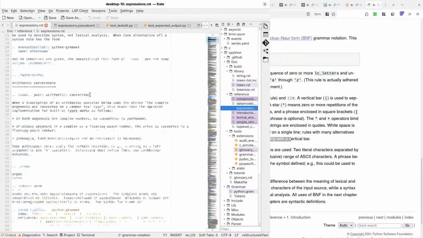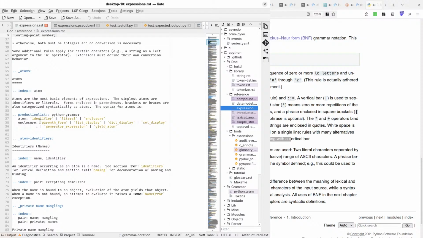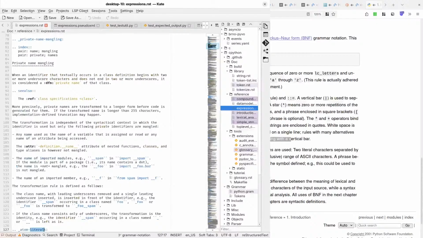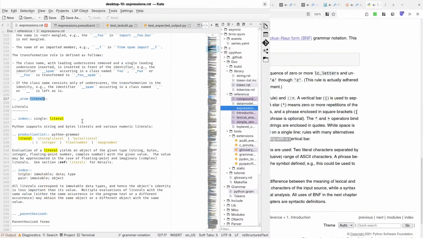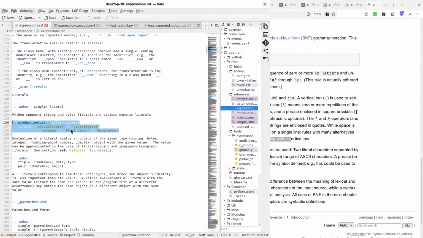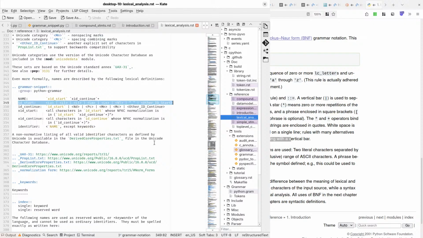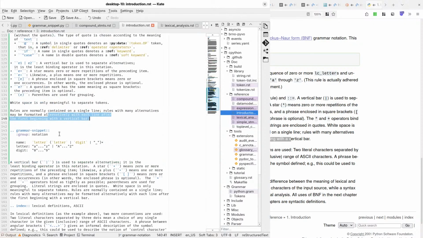Maybe an atom. Yeah, this one. This one is short enough not to be overwhelming, but long enough to make sense when it's wrapped. Alright, so...